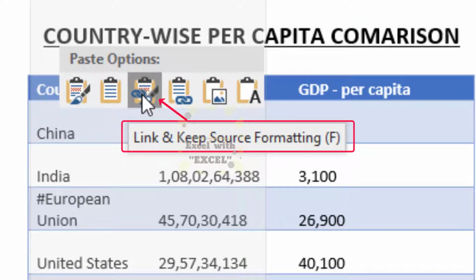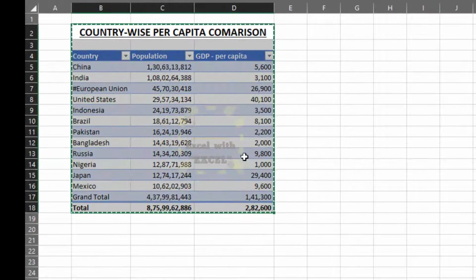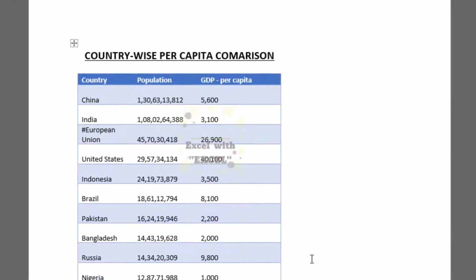So whether or not we want the source formatting here in the Word, or we just want link, that's our own choice. But let's go first with link and keep source formatting. So what I have done is I have chosen option number 3. So now if you see, both the formats in both the files are same.